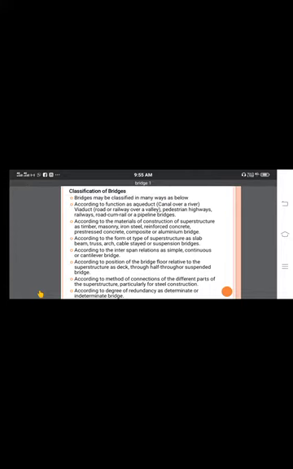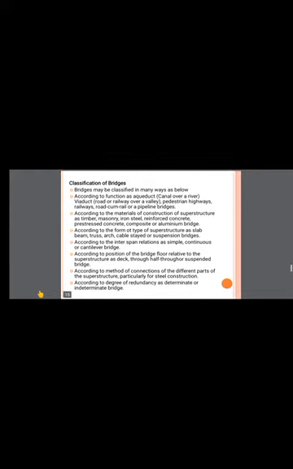And the viaduct is the road or a railway over a valley. There is a valley, and above that the railway or roads are there. In such cases, we are going to provide the viaduct. This classification is based on the function. Function is for the movement of the water for the canal, and also for the movement of the vehicles, that is road or rail, above the river or a valley.